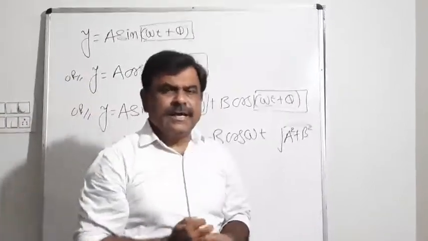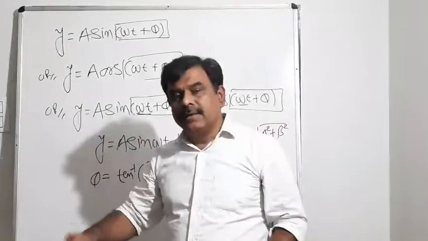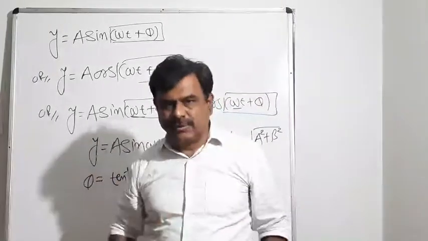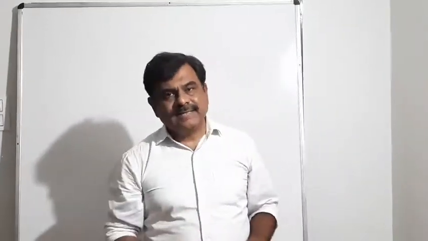In this session I am only going to analyze this kind of equation, because the entire SHM may require 2 or 3 lectures, but here we will continue in this form only. Any SHM equation can be represented as sine, cos, or a linear combination of sine and cos, because these two are periodic and harmonic functions.